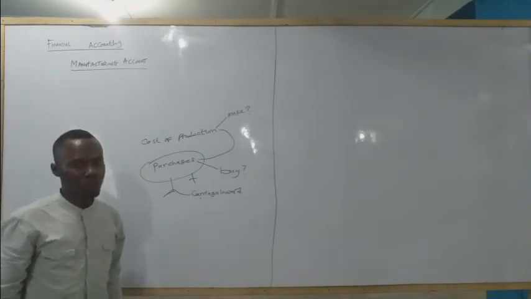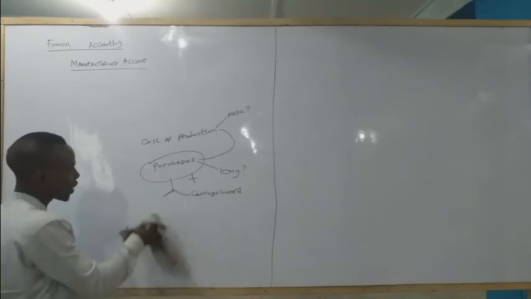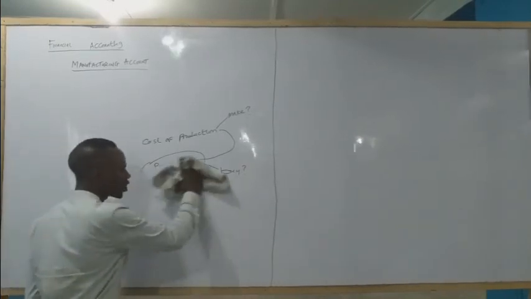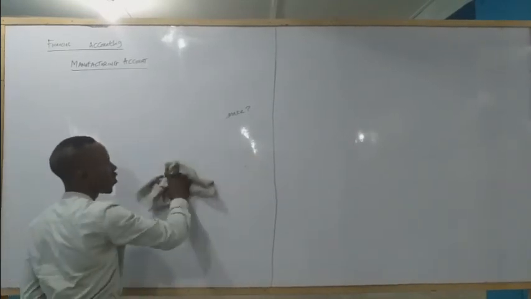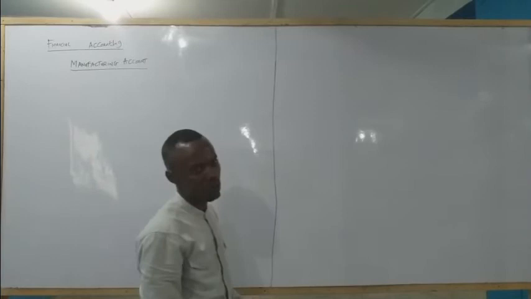So in manufacturing account, what we are interested in is just to derive or to determine our cost of production. And cost of production is the total cost of